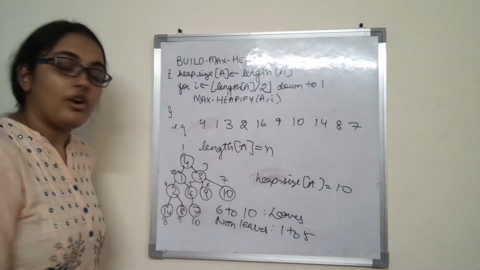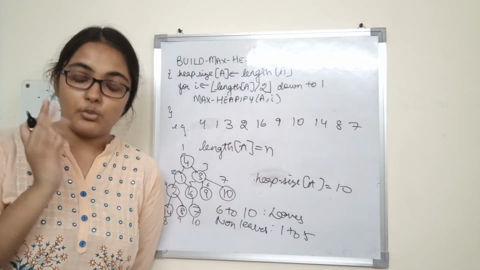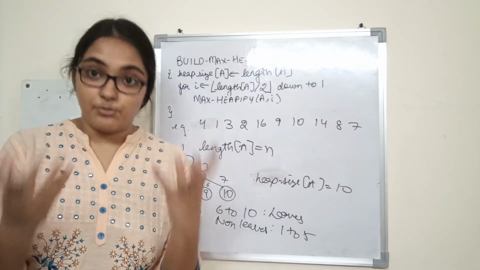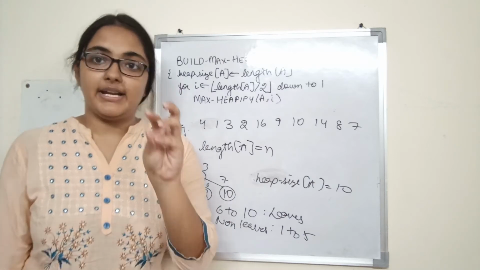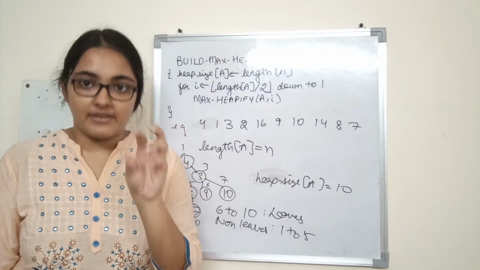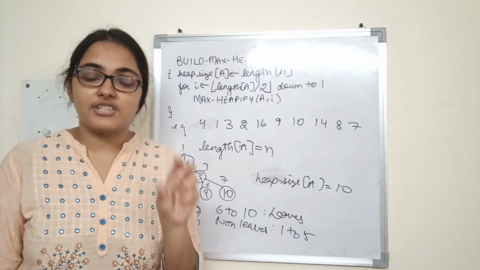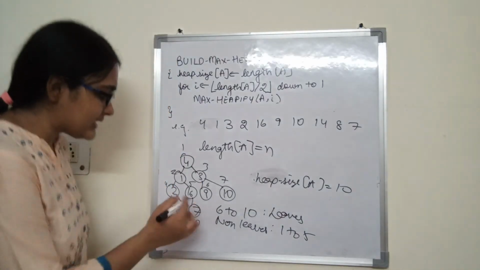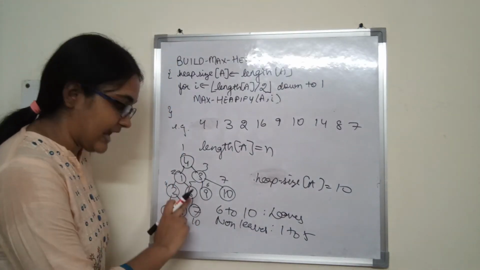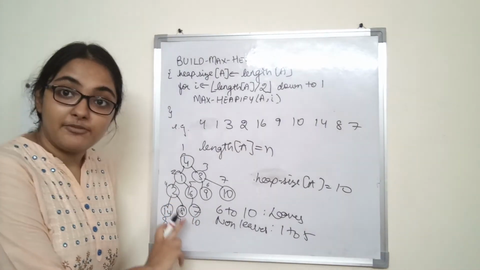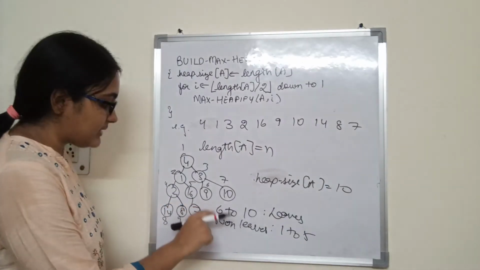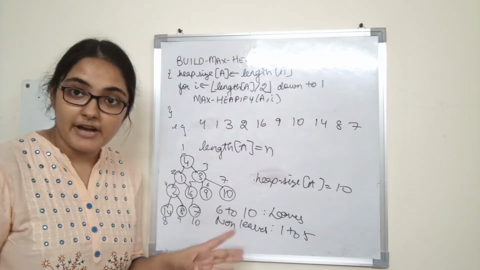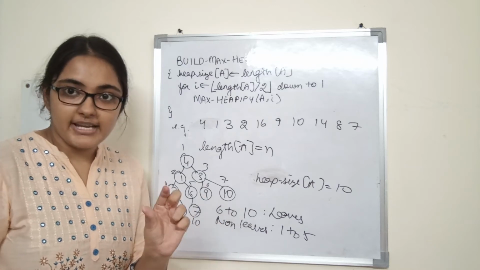Now from 5 we are calling max heapify. What is the function of max heapify? If the left subtree and right subtree are both max heaps and the root is violating the property of max heap, we call max heapify on the root. So what is happening when we are calling it on node 5? The left subtree is a max heap, but it is just a leaf. If the right subtree were also present, it would again be a max heap, but it is a leaf. So a leaf is already a max heap.